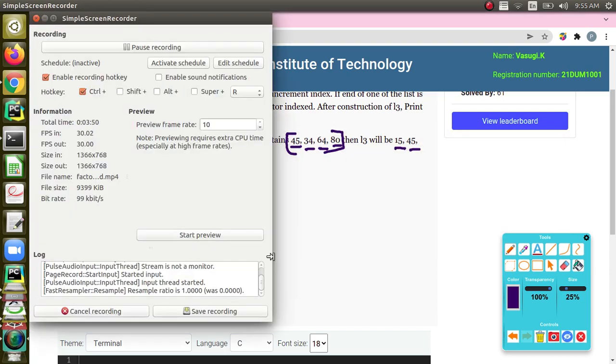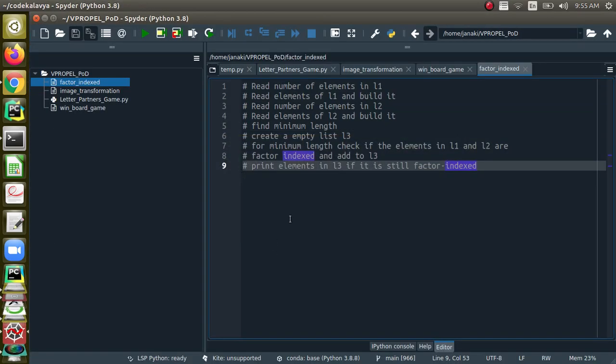Now let's write an algorithm. Let us do it in the code editor itself. I have just mentioned the algorithm: the first step is to read the number of elements in L1. Then you are going to read the elements of L1 and build it. And then find the number of elements in L2, read the elements of L2 and build it. After that you have to find the minimum length, because while we were doing this, we observed